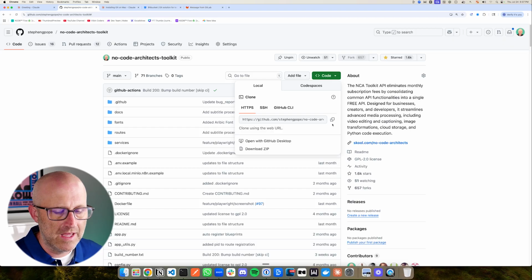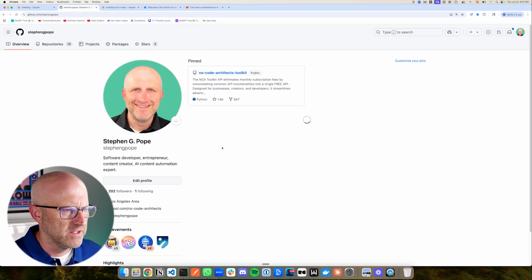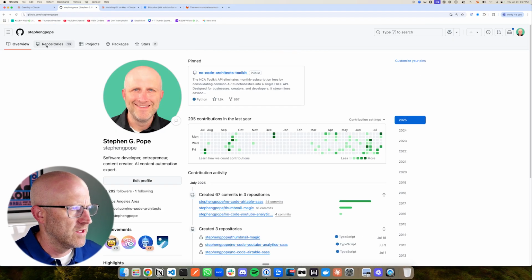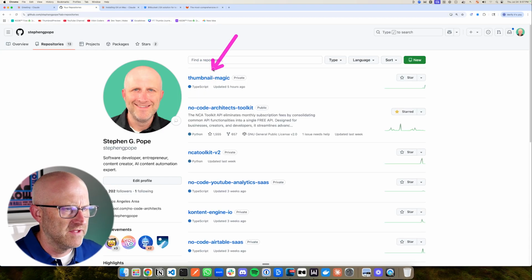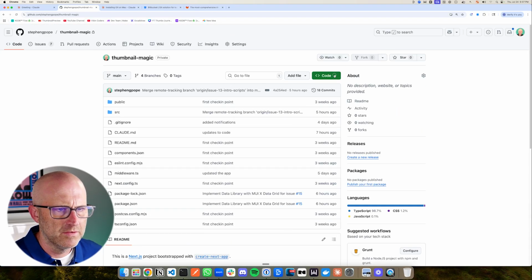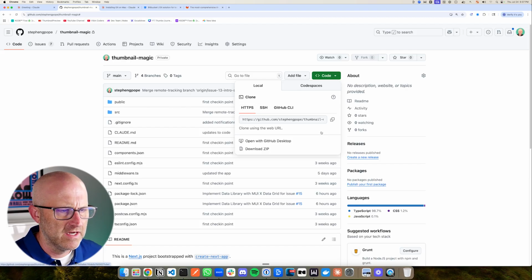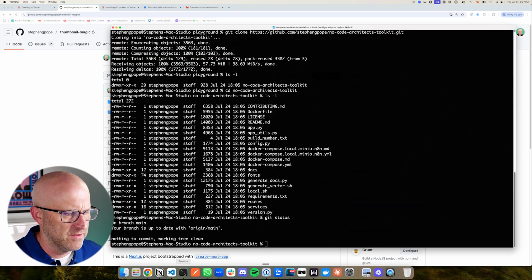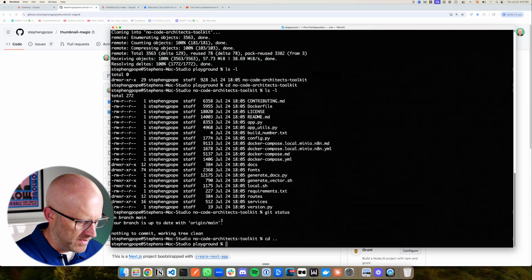But when you are downloading a private repository, maybe one that you own that is not public, right? This No Code Architects Toolkit is available to the public, but I also have many repositories here that are not. So we come to repositories. You can see I have the SaaS here I'm working on. Now, if I were to grab this HTTPS link, copy it, and come back to the terminal, go back to the playground, and type git